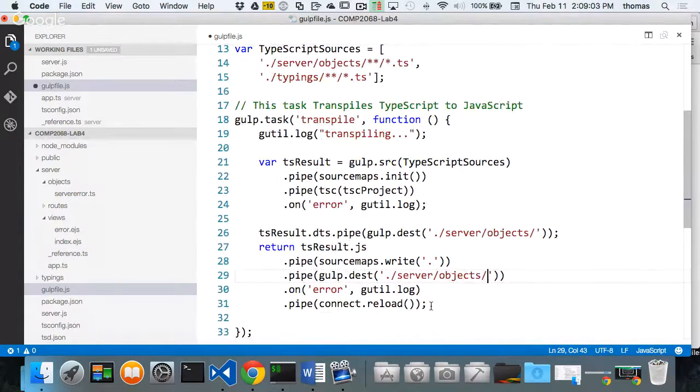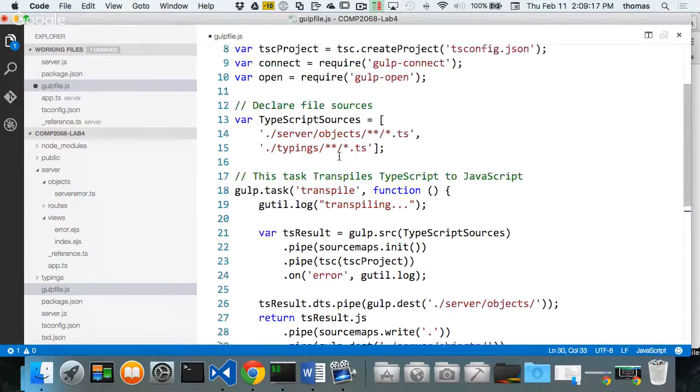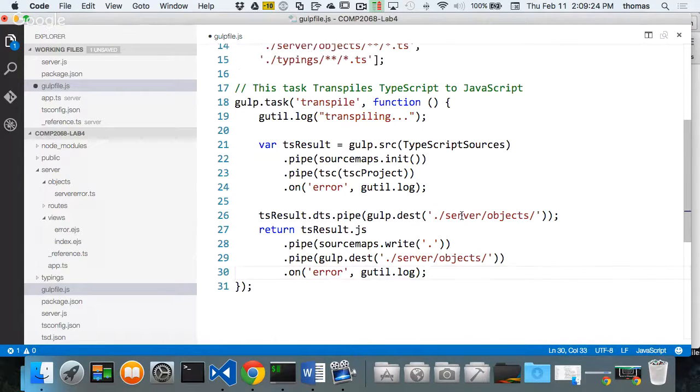I don't need this piece. So I'm going to get rid of this last piece because I don't have a connect server running yet, and press semicolon. Cool. So when I call gulp transpile, it's going to go out, look at the stuff that I want to transpile, right? As an example, convert it. It's also going to look inside my